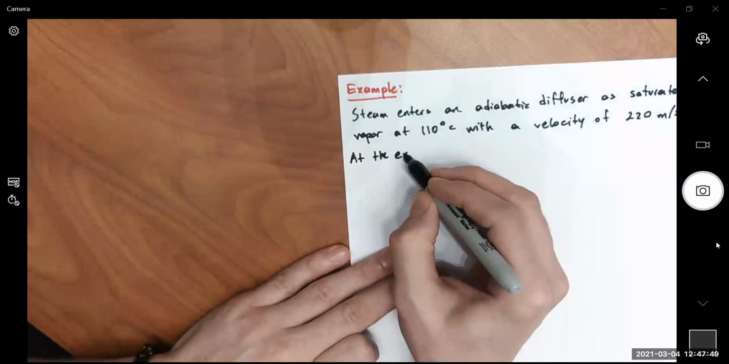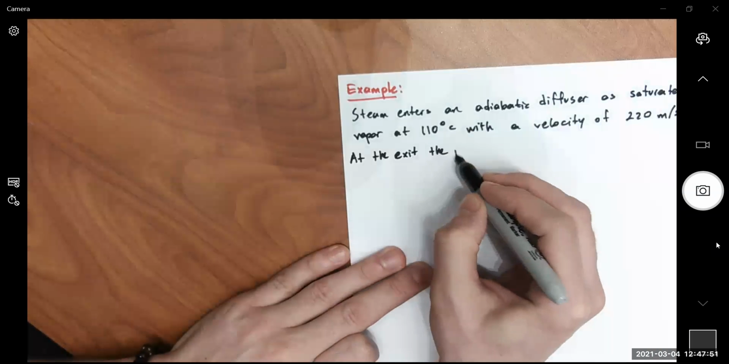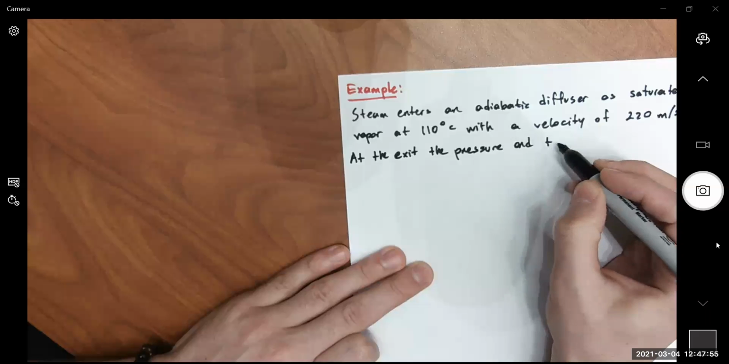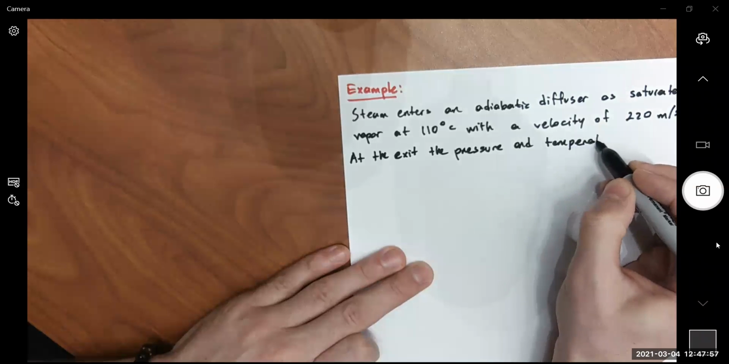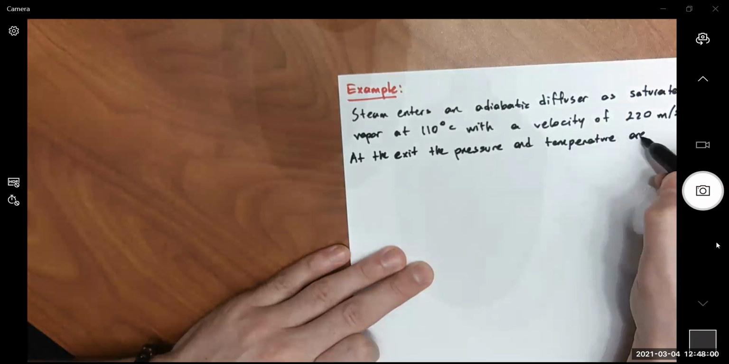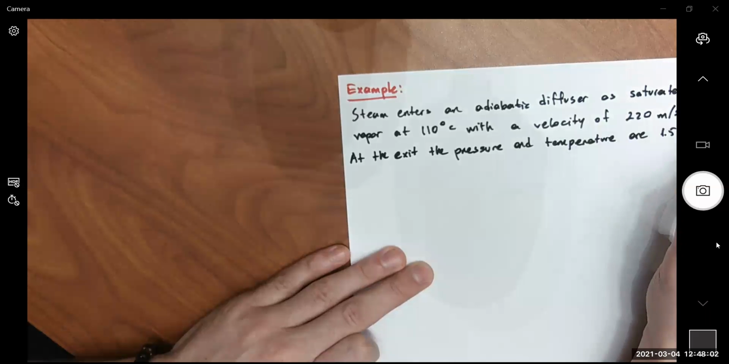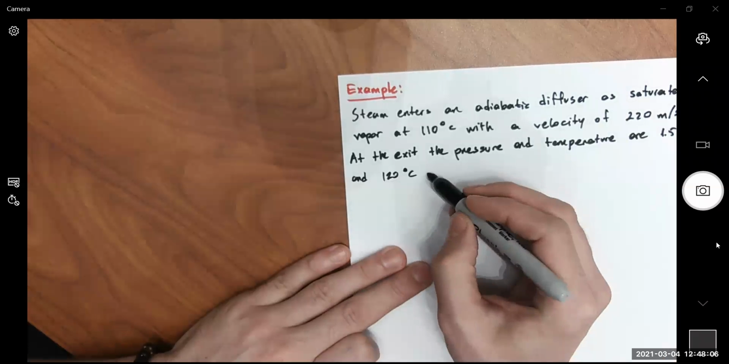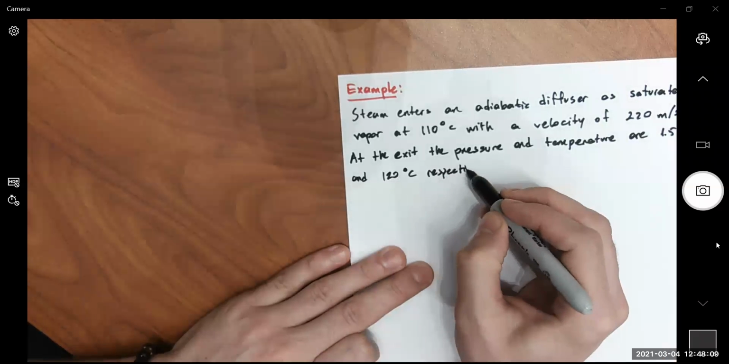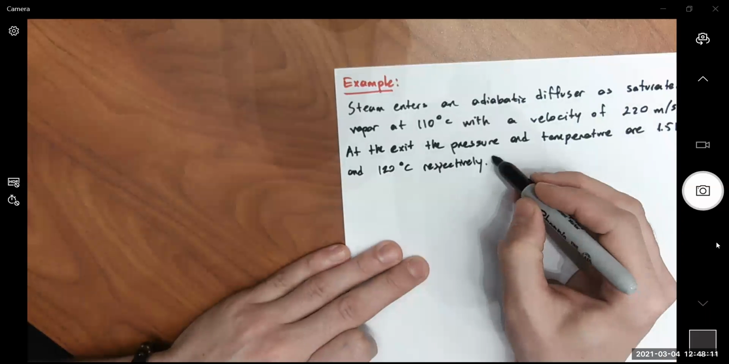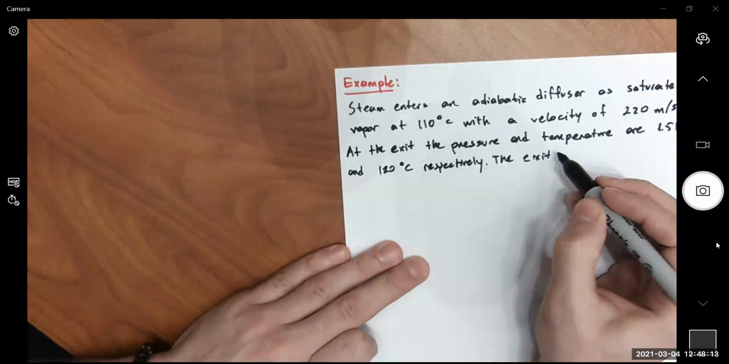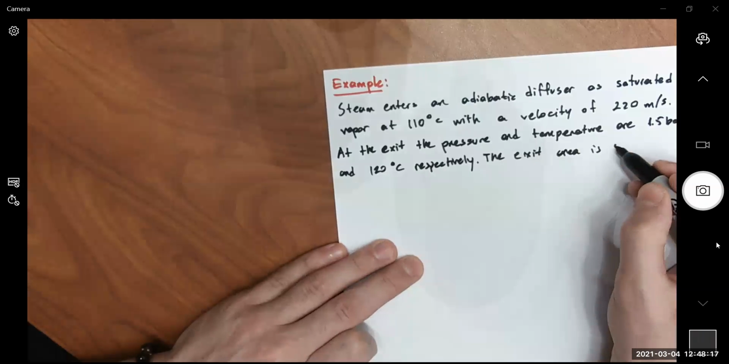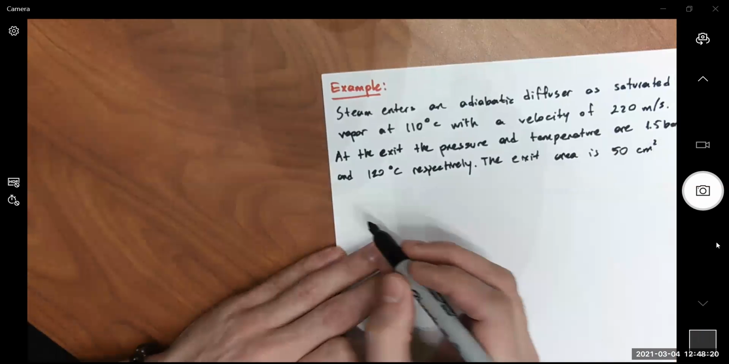At the exit, pressure and temperature are 1.5 bar and 120 degrees Celsius, respectively. The exit area is 50 centimeters square. Determine: